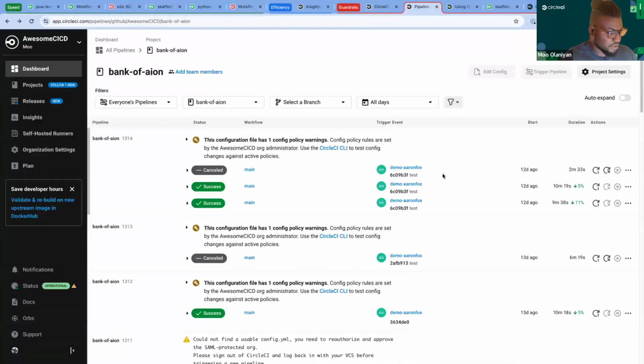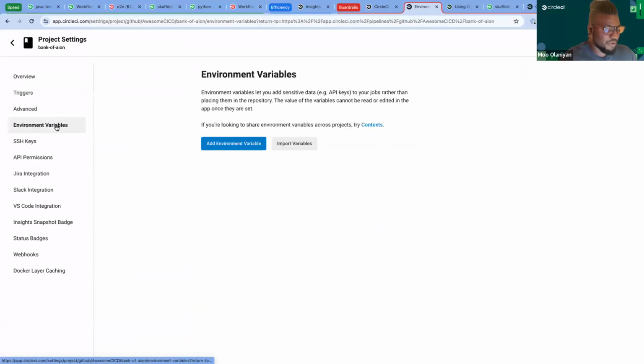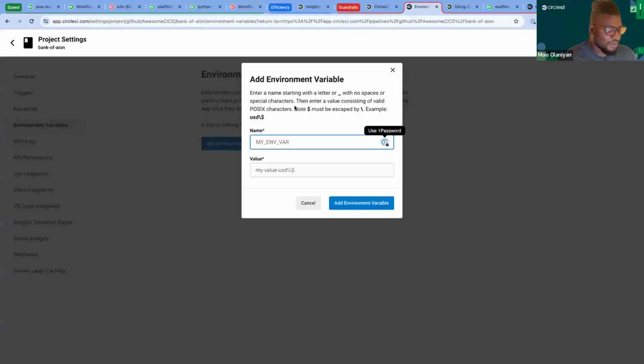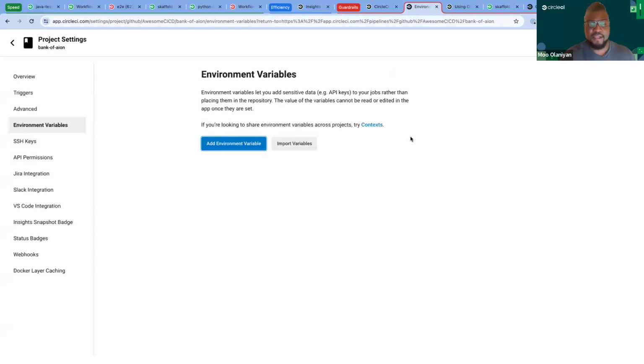So what I'm going to do is hop into, you can see this is a project. I can hop into project settings. I can go to environment variables, and you can go ahead and add environment variables this way, name and value, super easy. However, I cannot stress enough that you should not put secrets or credentials here. Something like an AWS region, which is public and very convenient to put here, would be perfect. But regardless of what you put here, these are going to be obfuscated in the UI. But again, remember, these are static.